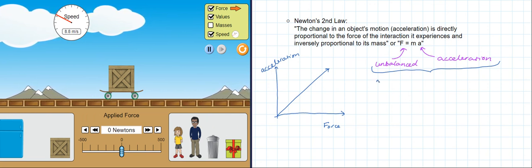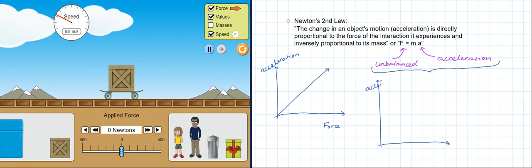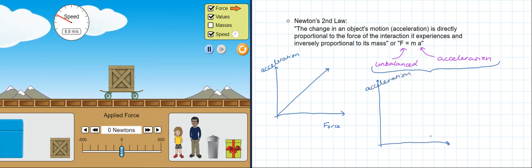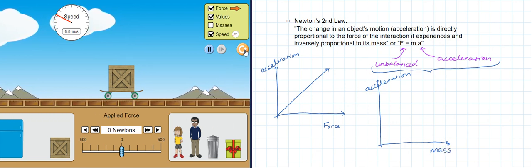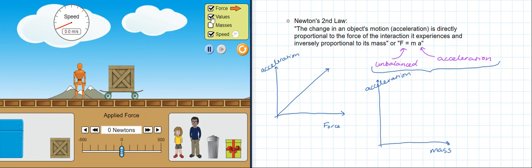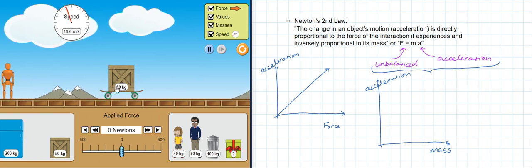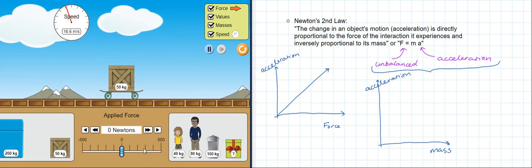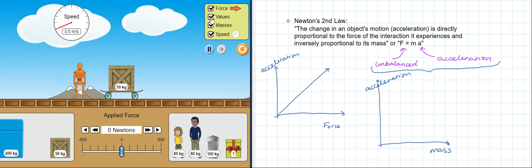Now, let's say I keep the same amount of push, but I rather want to see how acceleration gets affected by the mass of the object. And I think we all have experience with this. If you try to push something heavier, it is more difficult. Okay, so let's see. If I push this box, let's go ahead and put the masses on here. So this box is 50 kilograms, and I'm going to push it with, let's go with 500. Okay, so it got up to 16.6. I don't know how long I pushed it for, so that's a little bit of a bad experimental procedure, but